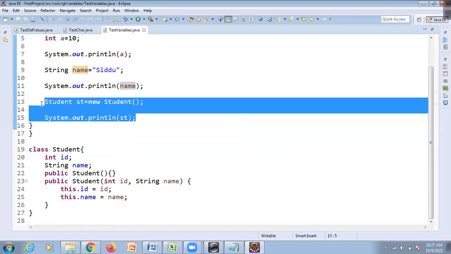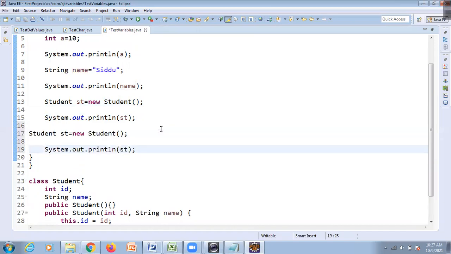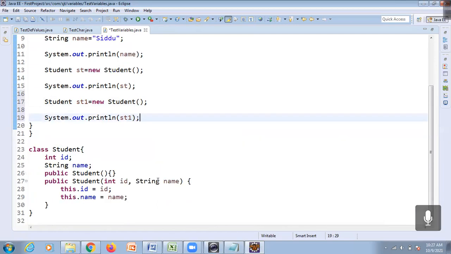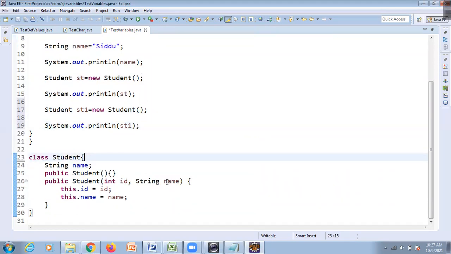We will create one more object. Sir, this might be printing because we have not initialized the value. Okay, I'll create one more address for this. This is student 1. If this is getting confusing, I'll do some changes here.